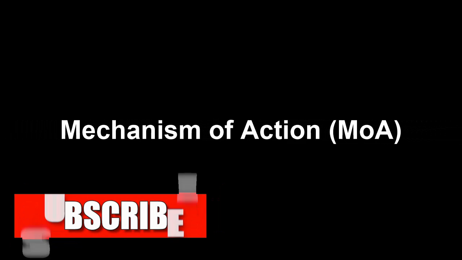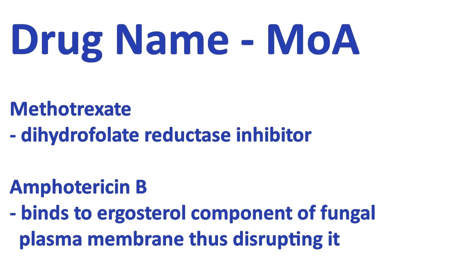Our third important aspect of a drug is its mechanism of action, meaning how it exerts its action inside our bodies. Mechanism of action simply means how a drug achieves its pharmacodynamics in our bodies. The examples for a mechanism of action will be like methotrexate. It exerts its action via inhibition of the enzyme dihydrofolate reductase, and thus it will prevent the formation of tetrahydrofolic